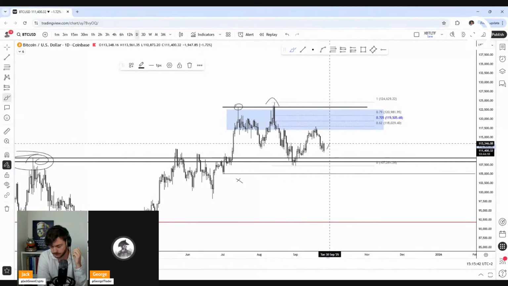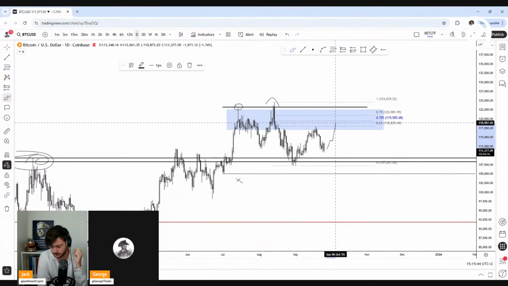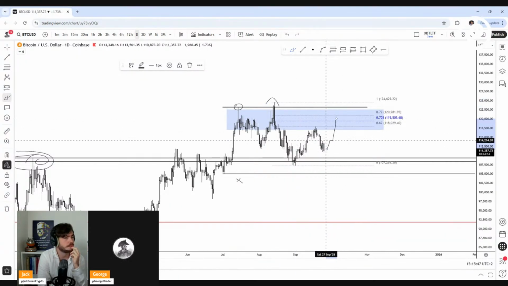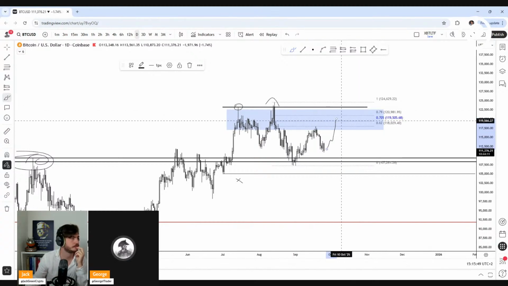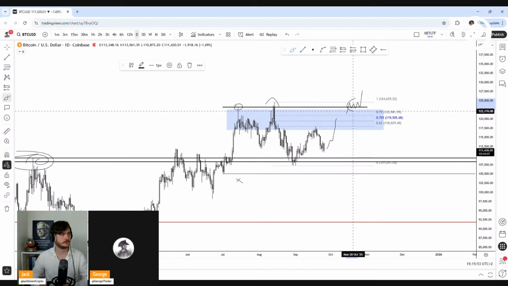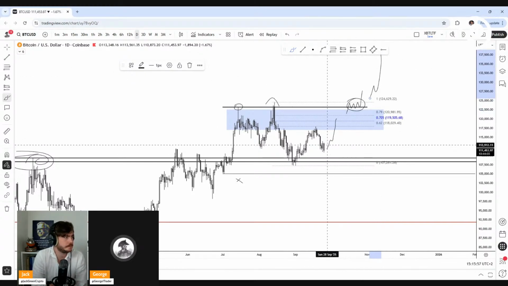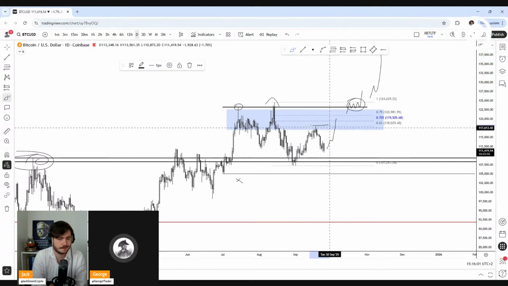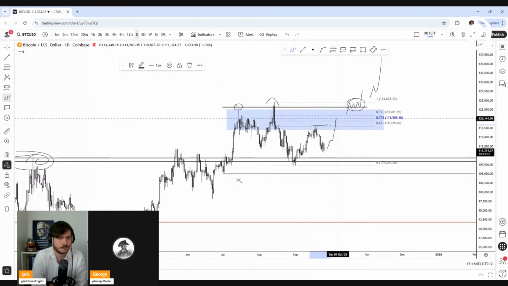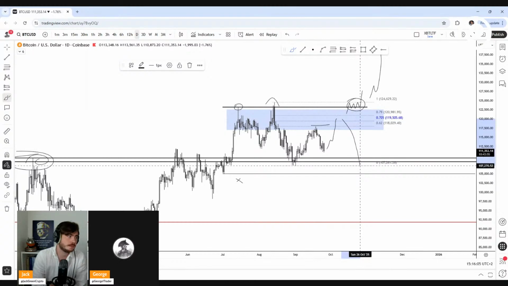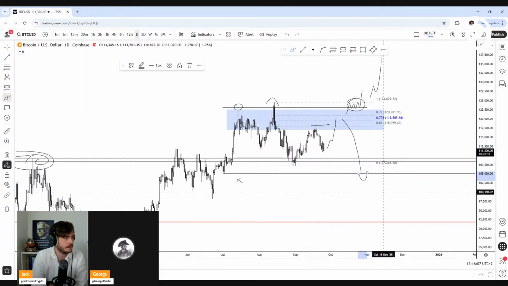So let's say we get an aggressive bounce from here and we pump in here. Am I gonna flip bullish? Not yet. What I want to see is a break above here. If we get that, then I can start talking about way higher. But until then, any pump into these highs, I would still consider as lower time frame sweeps that could lead towards that higher time frame liquidity after.